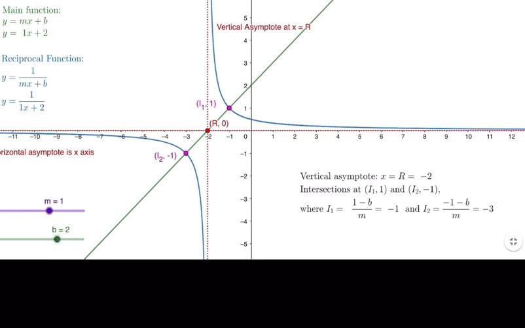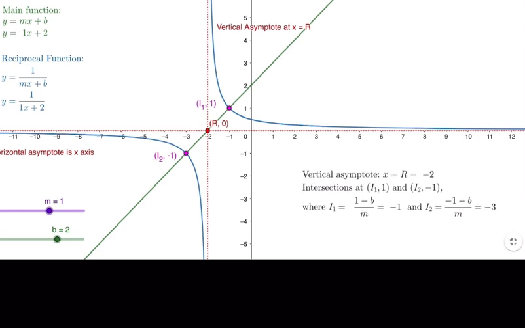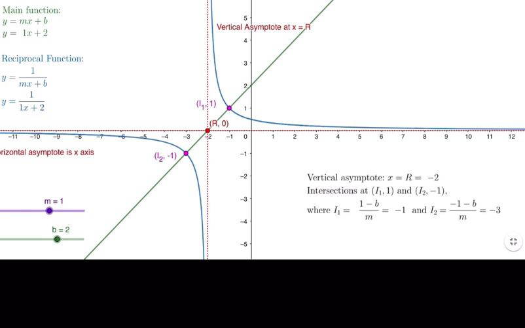So you can see here that we have minus 3 and minus 1 are the points which are not changing, which is minus 1 and minus 3. Okay, and they have minus 1 here and they have plus 1 here. So I have my vertical asymptote here and I have my horizontal asymptote here, and I go ahead and draw my function from there. You can see, I will show you also that when you change the slope,